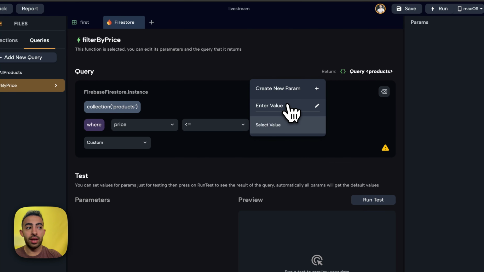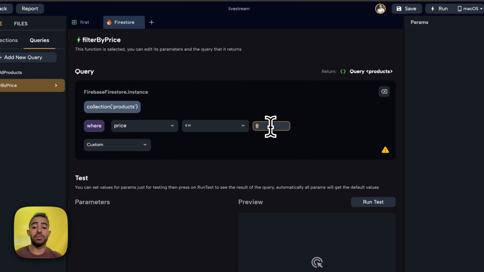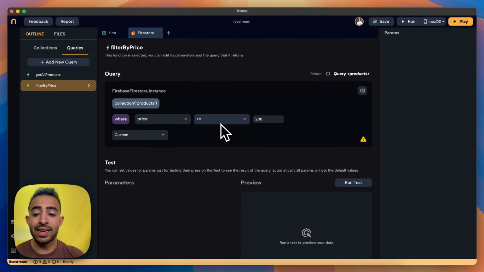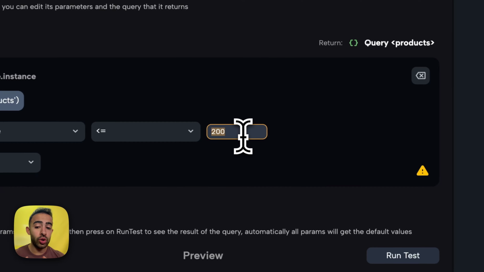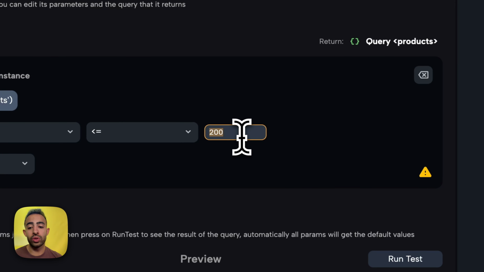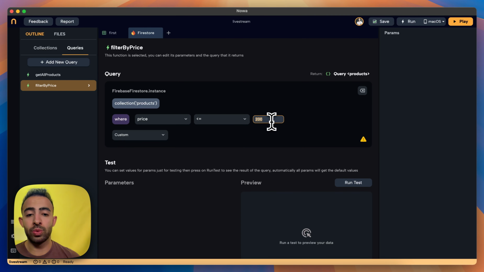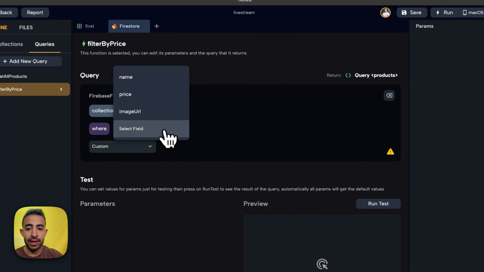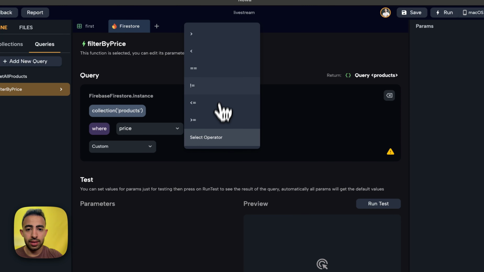If I click on enter value, then I need to put a specific value. So if I put like 200, then every time the query will fire, it will look for products that have a price less than 200. But you don't want this. You want the user to choose the price that he or she wants to have a product that's less or equal than. So instead of having it as a fixed value, what you can do is, so I'm going to get the price less or equal,